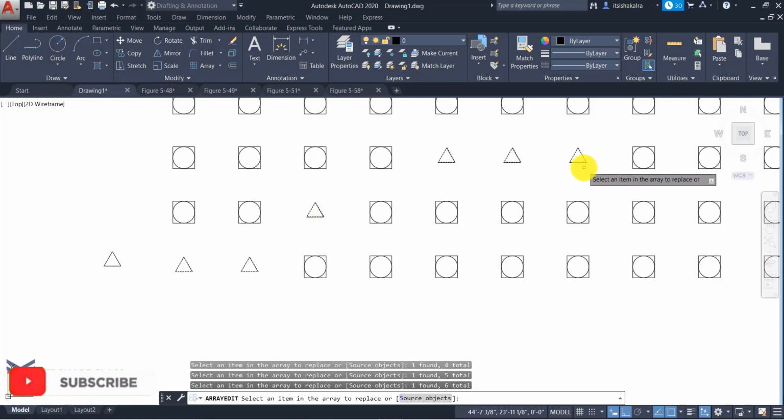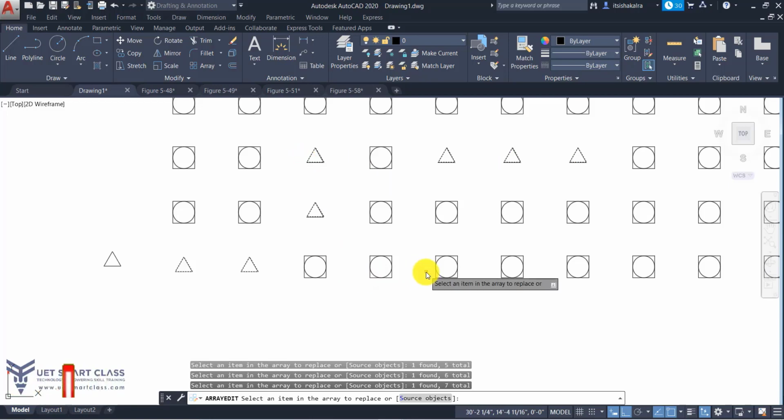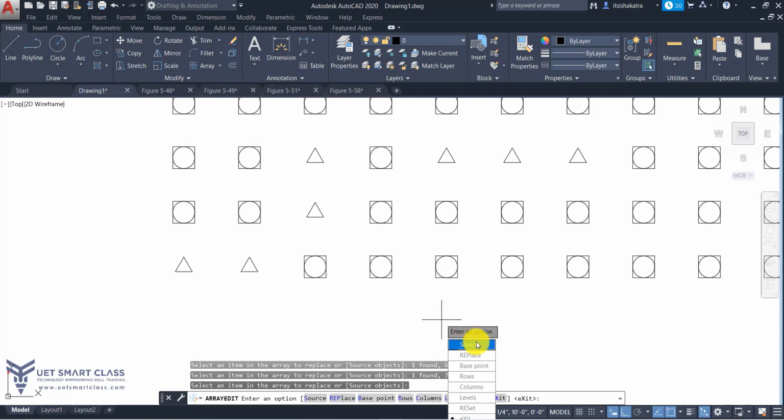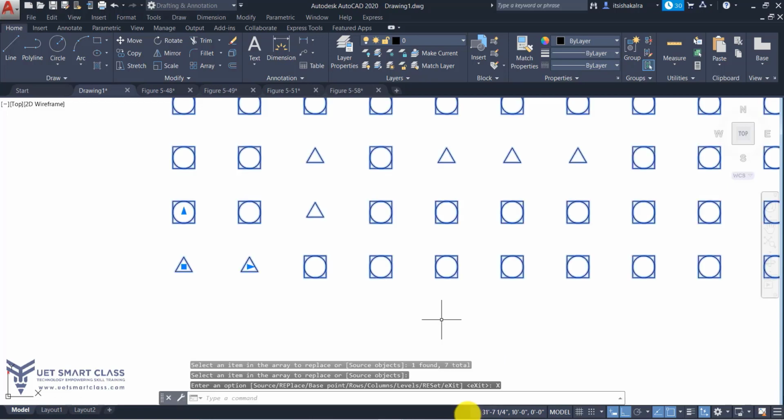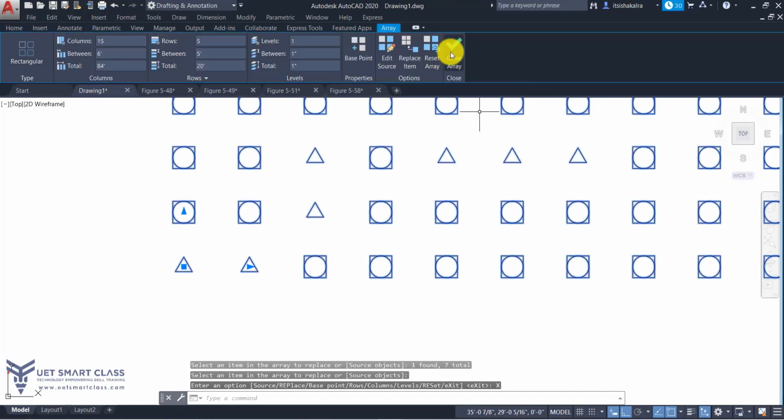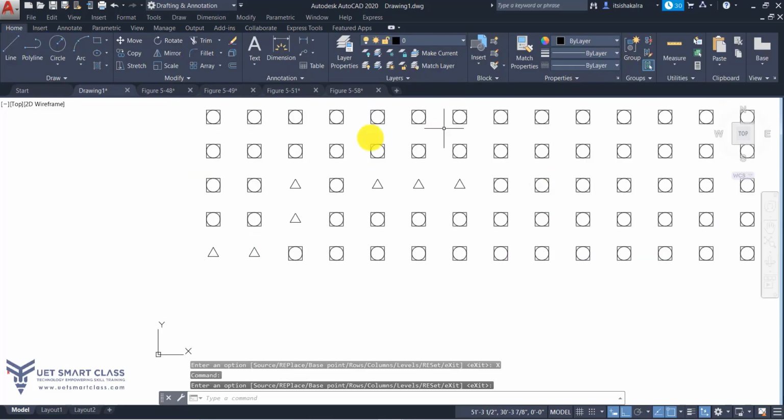Just go and click on it. Okay. See, when I enter, it is again asking me source, replace, or other options. So I'll just press exit and close the array. See, I've replaced some of them with a triangle.